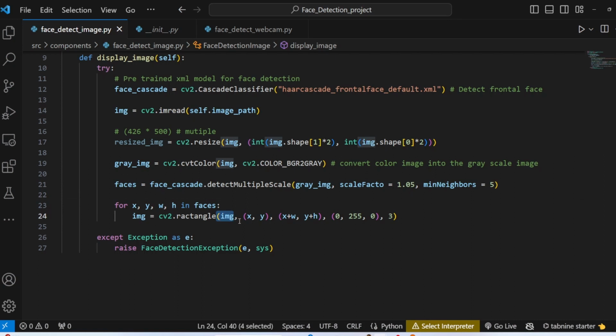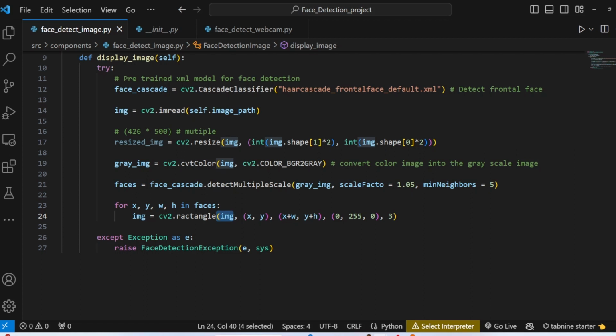So first of all we are going to iterate over the faces, where we have the x coordinate and the y coordinate for the top left corner of the faces, and we have w and h, the width and the height for our faces, for our bounding boxes. So for the faces we are going to calculate the width and height of the bounding boxes. Okay, now after that, next we are going to define here our